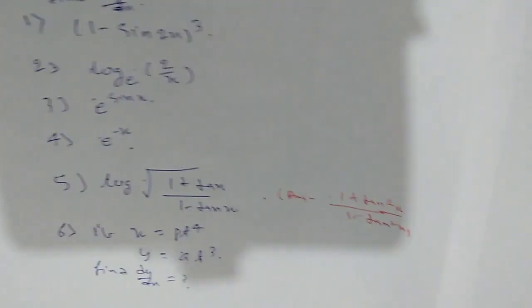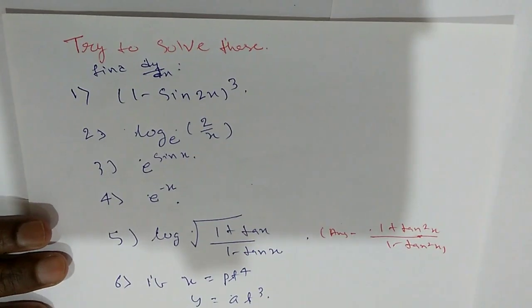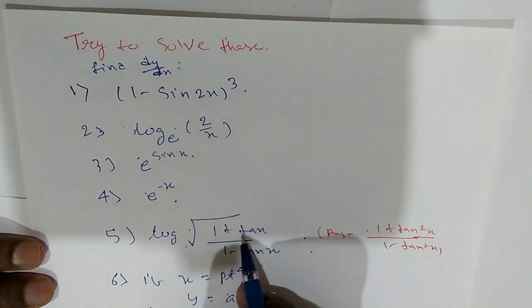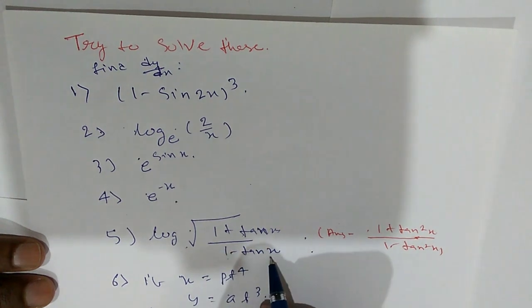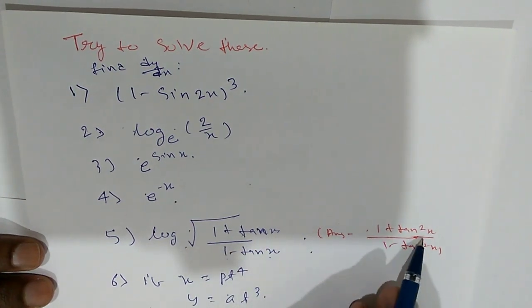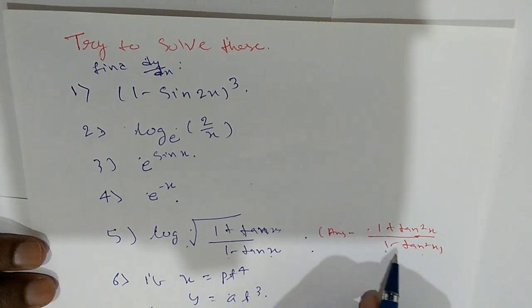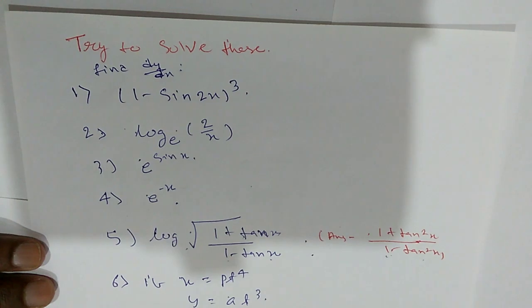And the last one is a few questions for you to solve at home, and all these questions are to be solved by you. Here is one answer given to you: log under root of 1 plus tan x over 1 minus tan x. Answer is 1 plus tan square x upon 1 minus tan square x. You solve it, and the next part is